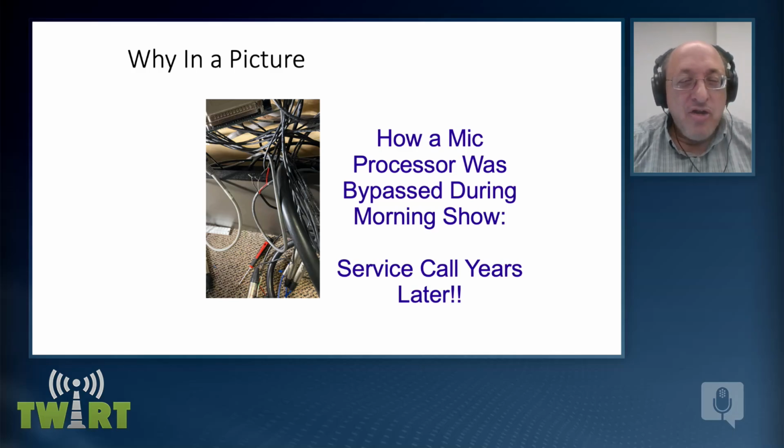this place had some early version of structured wiring, but from 2 different vendors. And a well-meaning engineer came up with a system for integrating them. But either way, it was not compatible to unplug one device and bypass it into the other. So they had mic processors that were inserted at the insert point on the console. Mic processor died. He had no way to bypass it. Whatever connector came out of the console wasn't the same as what went into the processor. So he